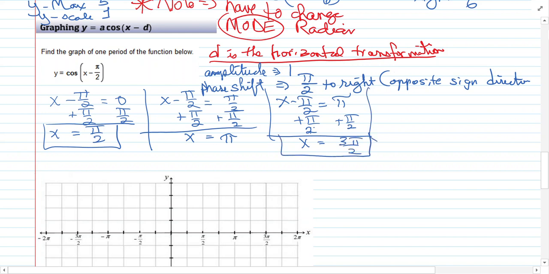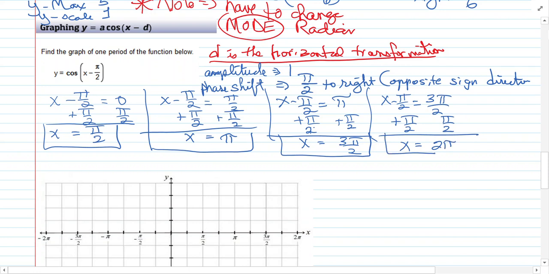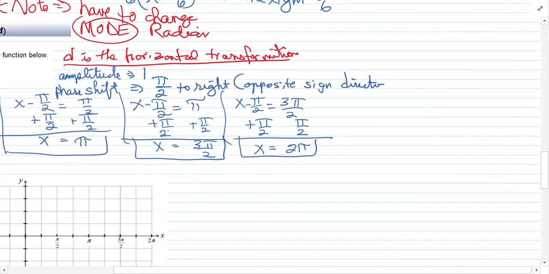Then I'm going to have x minus pi halves equals 3 pi halves. I'm going to add pi halves, and that'll give me x equals 2 pi. And my last one,